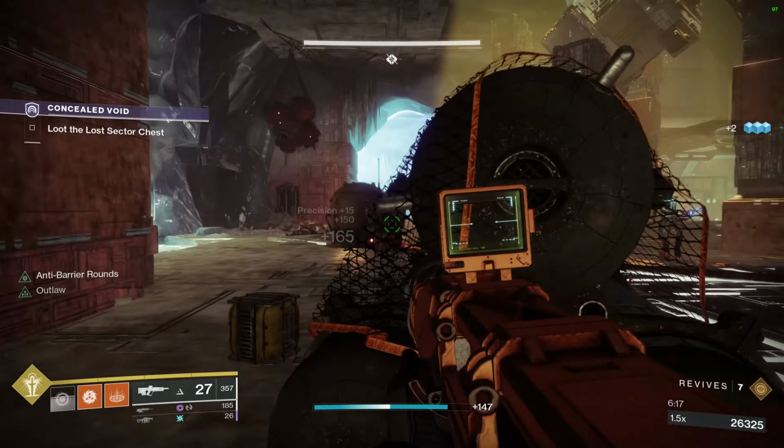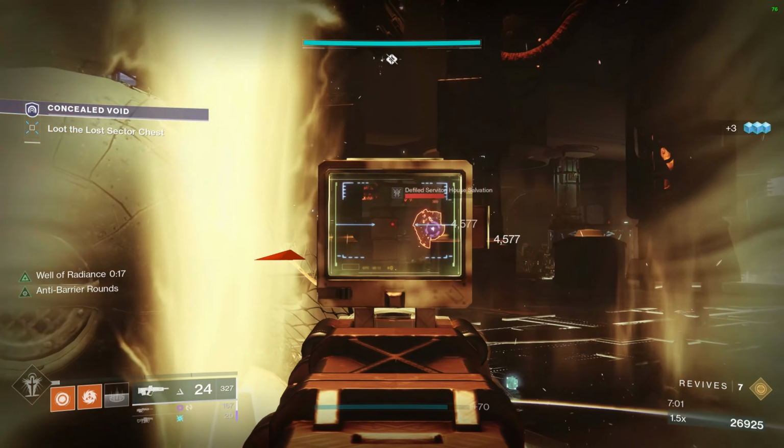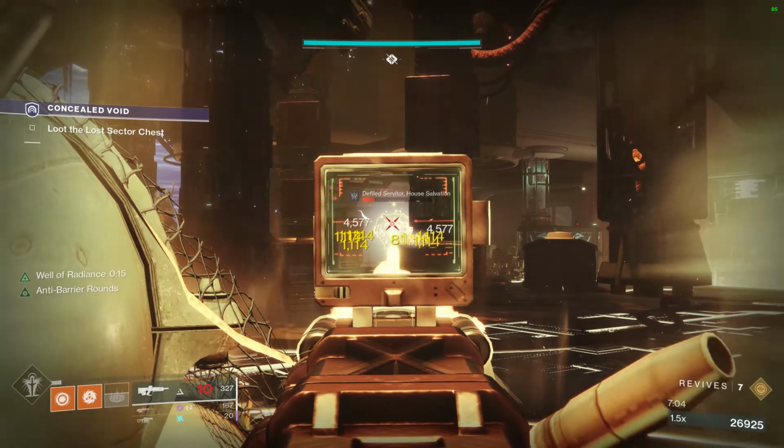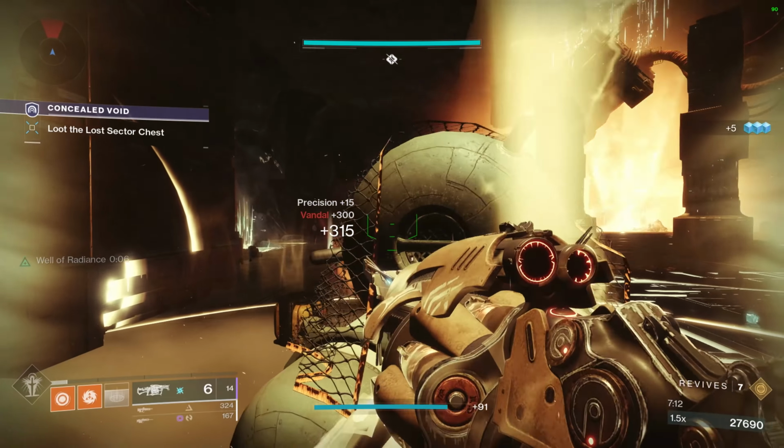I want to try to take out the servitor sooner than later because it's just not something I like to deal with, so I try to take it out as soon as possible. Usually just popping the shield with the Void Scout and gunning it down after putting an anarchy on it is more than enough. So I'm getting pretty decent control here on the ads,